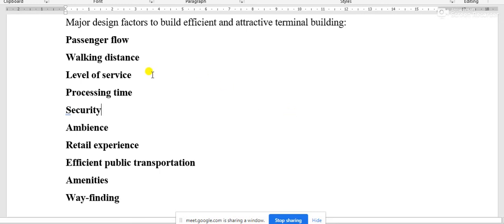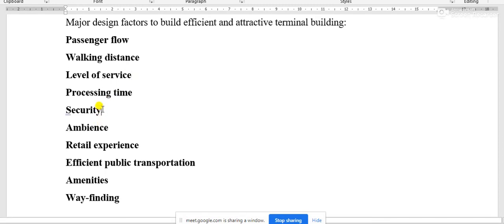Level of service, which we have discussed, and processing time, the time required for all the processing and formalities, should be lesser to make the airport and terminal building attractive to passengers.